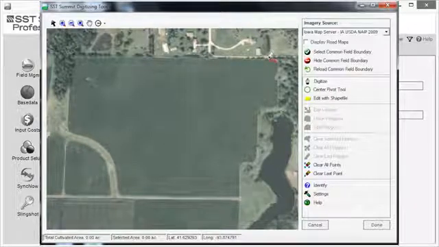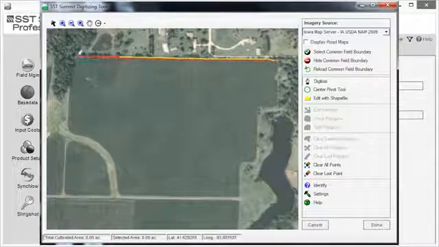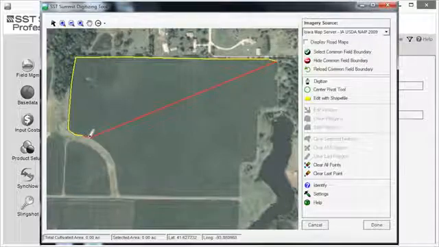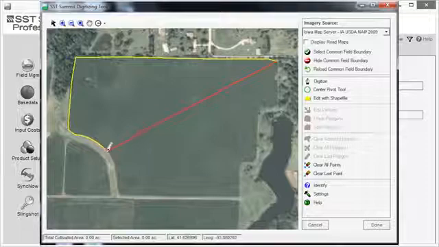Starting at one of the corners of the field, single-click the mouse button. Then, periodically single-click the mouse as you move along the boundary, laying down anchor points or vertices as you go. If the edge of the field is straight, you will only have to lay down a few vertices. However, if the field boundary curves, then you will need to lay down more anchor points in order to match